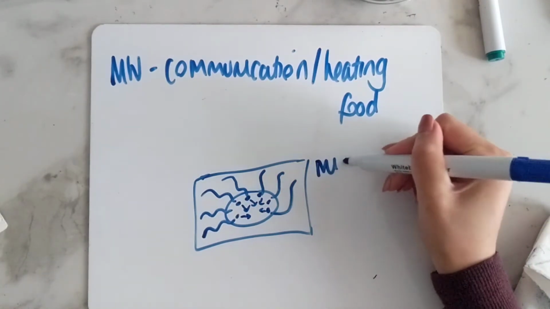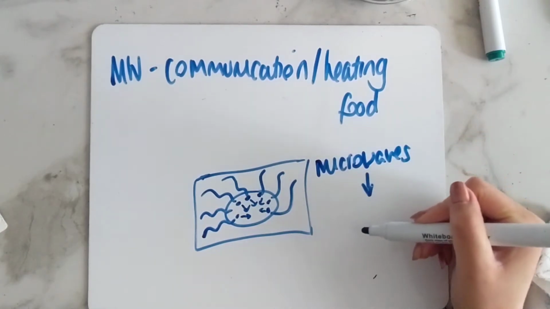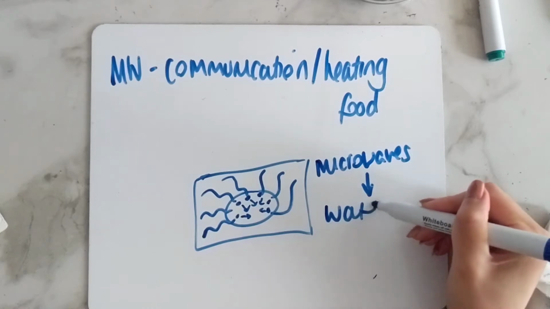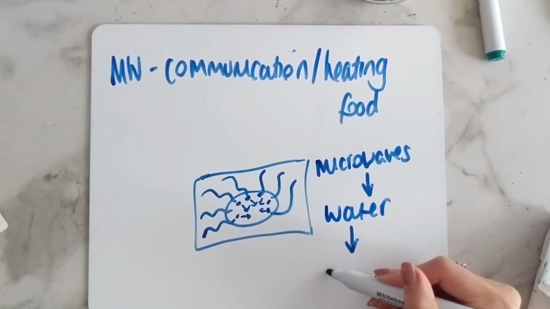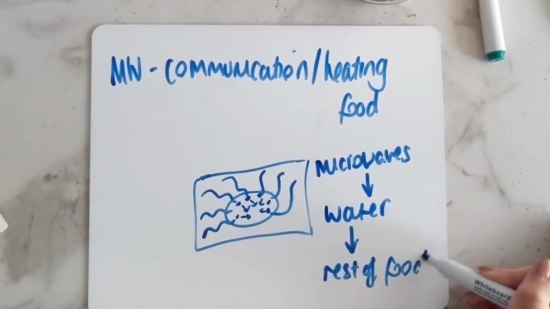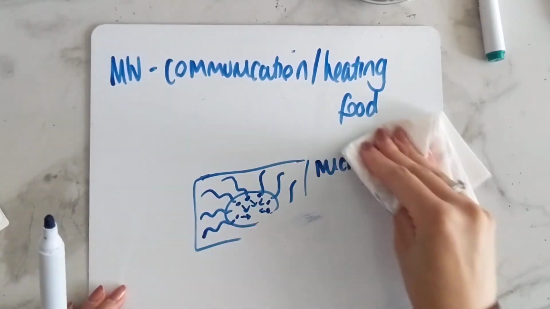So that's how microwaves work, and that's how your food gets cooked really, really quickly. So it's microwaves, travel a few centimetres into the food, they transfer their heat to water in the food, and then the water transfers it to the rest of the food molecules. Right, next one then is